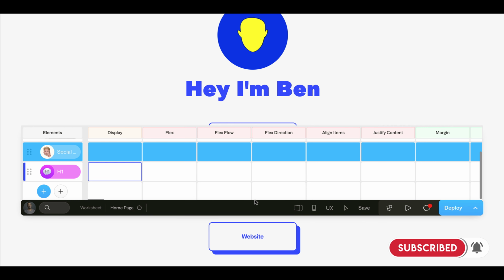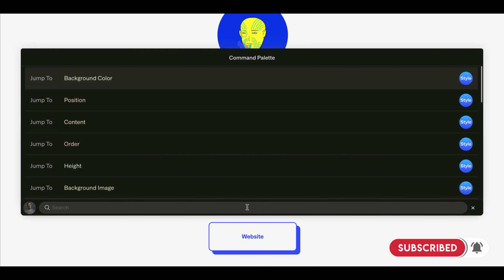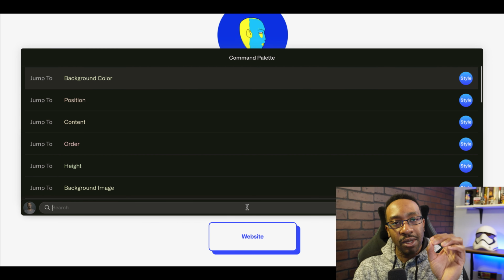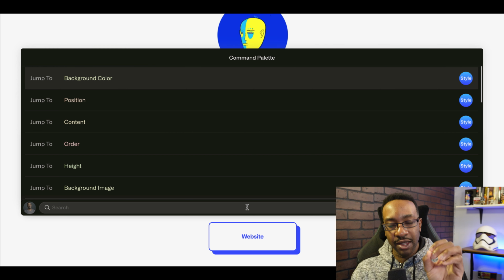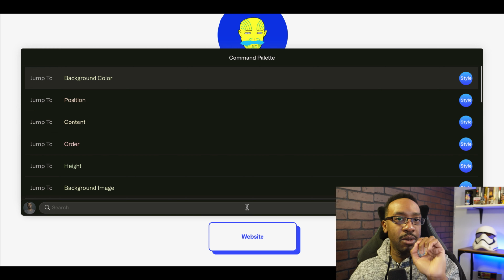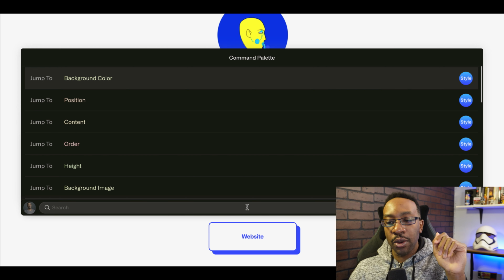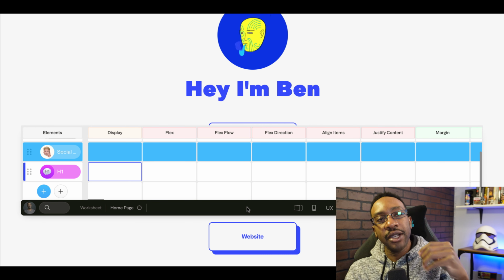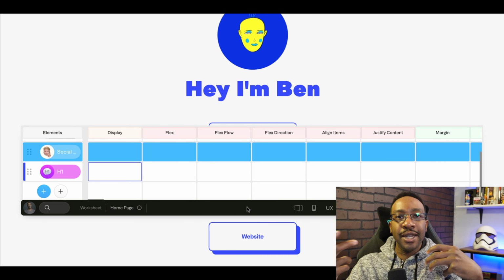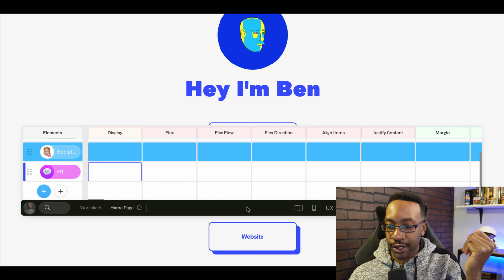Simply put, when you do Command K, that's going to give you tons of different options how to totally customize and utilize this editor to make the site and the interactions the way that you want it. Exactly the way you want it. So we'll go into that a little bit later, but it's important to know how you basically use the blocks and the elements on your page.